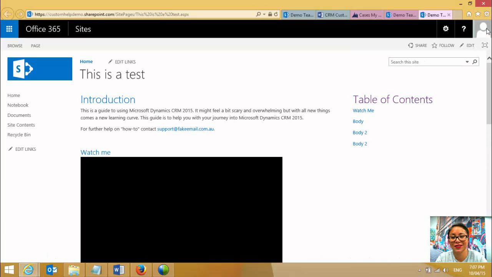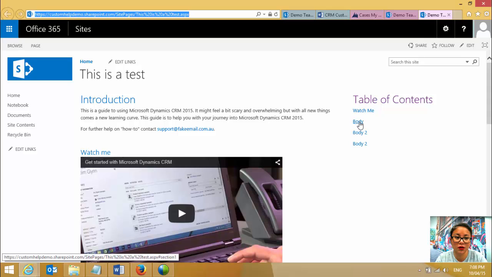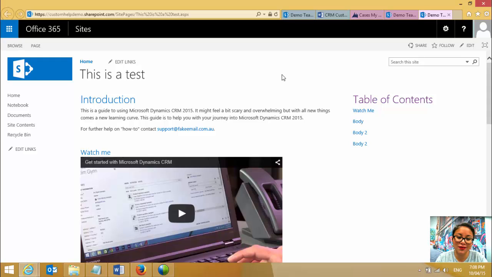Yay, it worked. So now this is just taking me to the site page because of how I've just grabbed this URL reference and I didn't copy and paste one of the anchor URLs. So that's the approach. Sorry, this is the approach in using the SharePoint site pages within Microsoft SharePoint Online and in Office